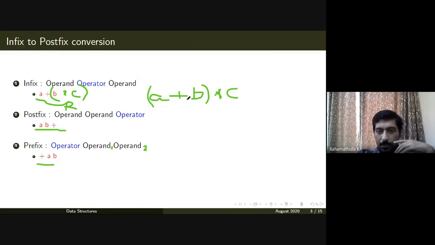So just after these two operands, the operator that comes will be its corresponding operator. We will see more details about it. That is why we try to use postfix expression. Postfix expression may look like a headache for a human being, but for a system to evaluate a postfix expression is very easy compared to an infix expression. To evaluate an infix expression, if you write an algorithm, it may take order of n square time, but a postfix expression can be evaluated in order of n time.